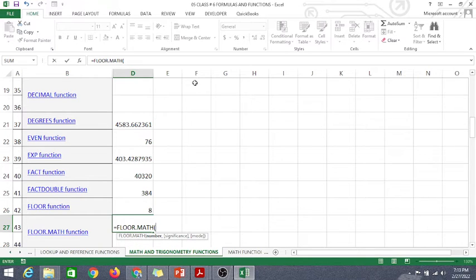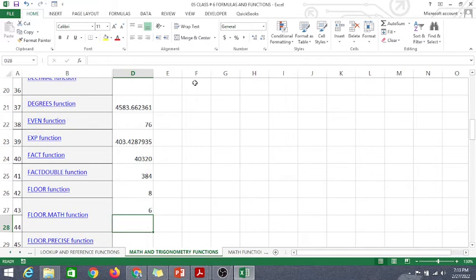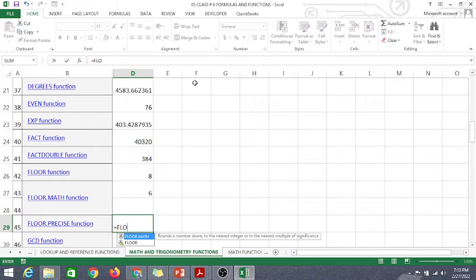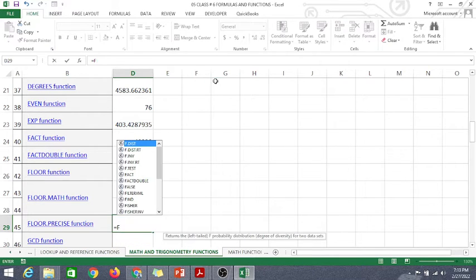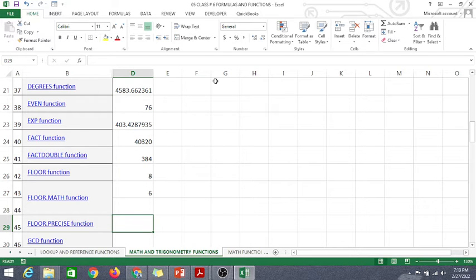We are using the 6 comma significance of 2 mod 0 6, floor dot precise, to get the floor result equals to floor dot precise. It is available